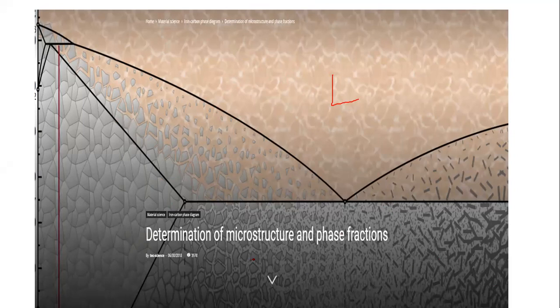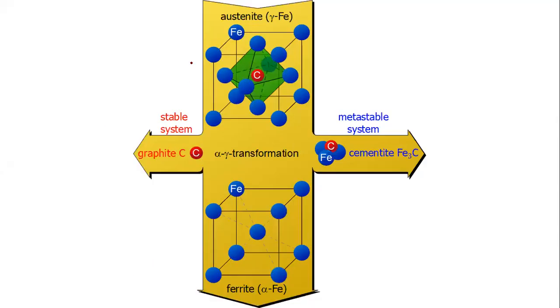But according to the region, the structure will change. Initially, it is a liquid structure. Here, FCC structure. Sorry, it is a BCC structure. Then it is an FCC structure, again going to a BCC structure. Now, an important point: if you cross the boundary between austenite and ferrite, what is the change? The gamma iron is converted into alpha iron. So this is the graphical representation diagram of the alpha-gamma transformation.